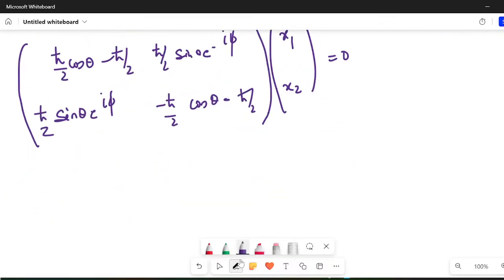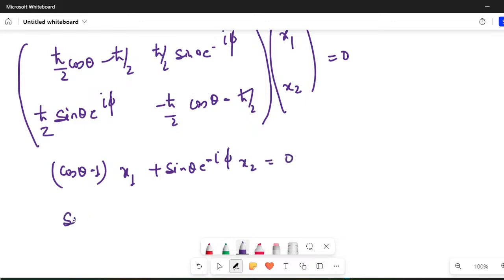It implies that (cos theta minus 1) x1, this h cut upon 2 you can take common out, plus sin theta e^(-iφ) x2 would be equal to 0. And similarly I can write here sin theta e^(iφ) x1 minus (cos theta plus 1) x2 would be equal to 0. So if you want to write what your x1 and x2 would be,